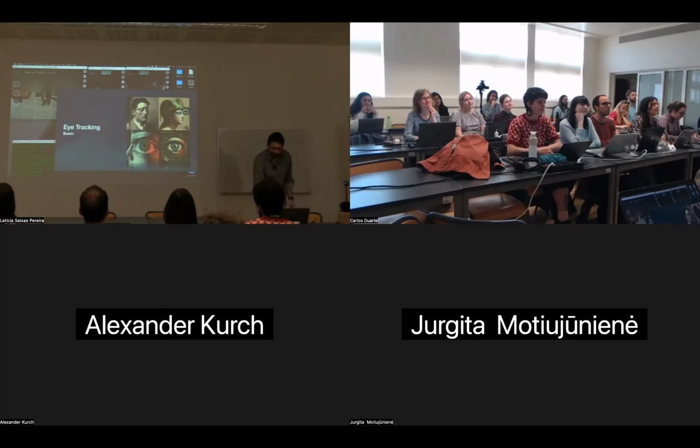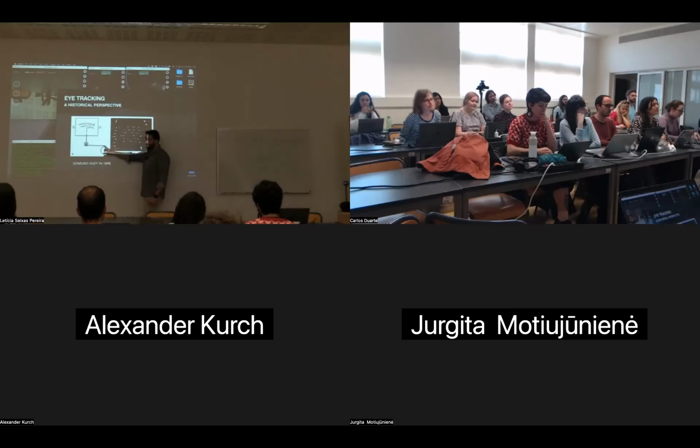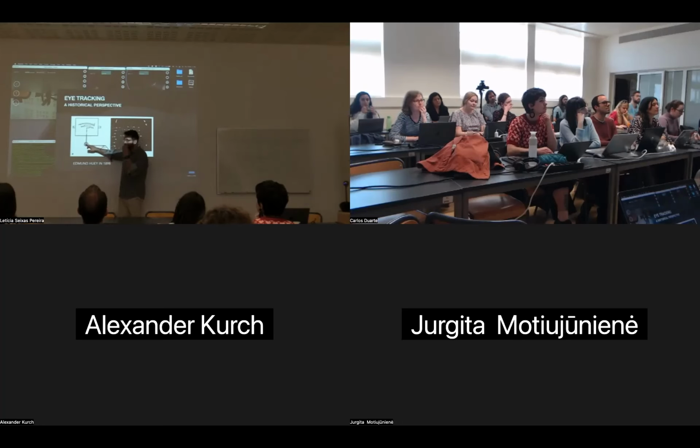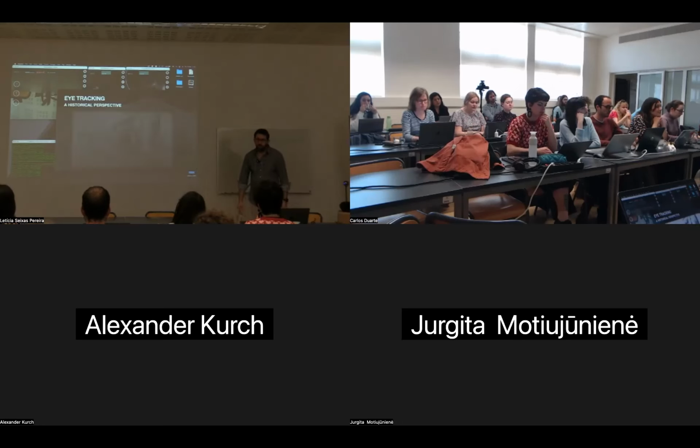But the history of eye tracking really starts in the 19th century. I don't know whether you knew that. It started with such a creepy device, which they put on the eyeball, and then with some wheels here and a pencil here, they were able to draw the trajectory of the eyeball when the eye was moving. That's from Edmund Huey's book from the end of the 19th century. It was quite uncomfortable.